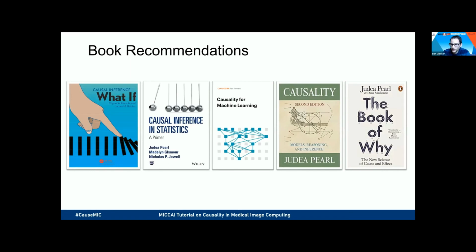So there are a few book recommendations here if you're entirely new to the field of causality. Those might be some of the books you want to consider for the holiday season. Clearly, if you do talk about causality, you cannot get around Judea Pearl's work, who has been one of the godfathers in bringing causality to